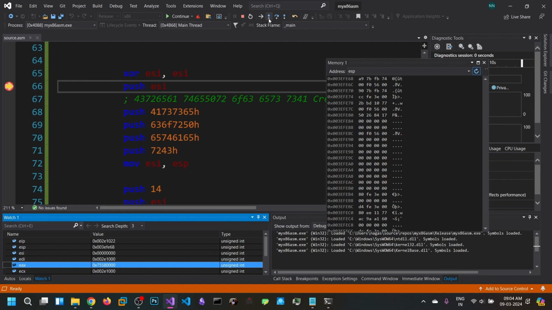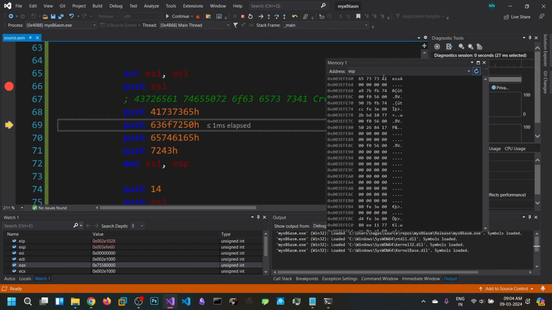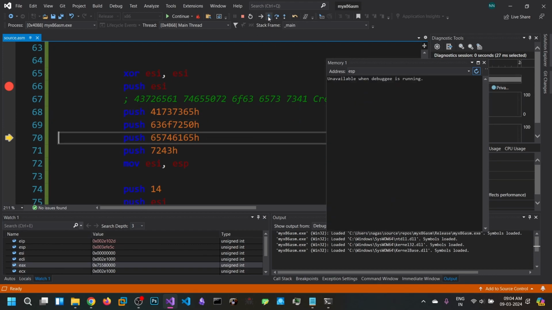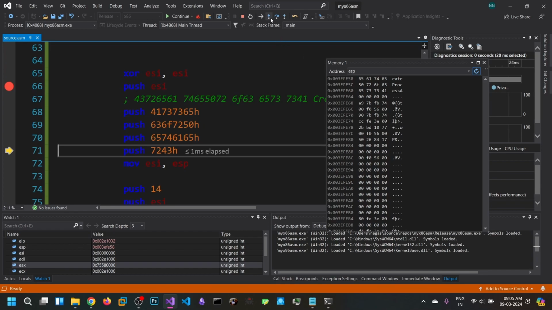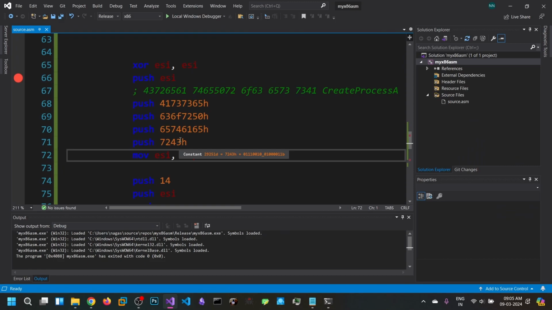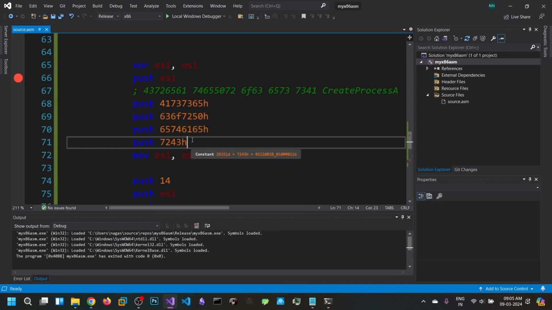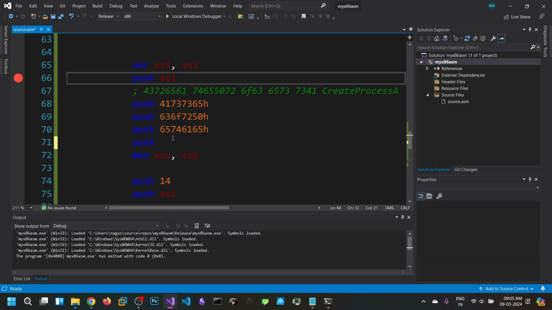Let's push it onto the stack, so 0, and pushing the last bytes. Okay, we made some mistake. Automatically we are pushing only 2 bytes here. So let's remove this and push from here onwards